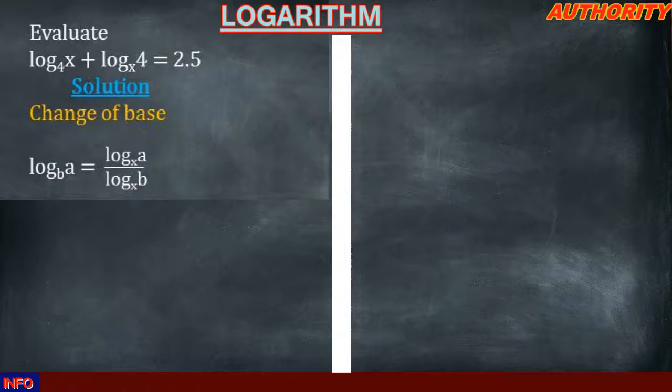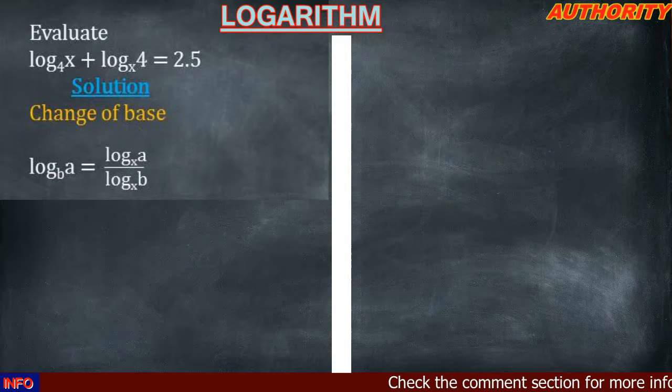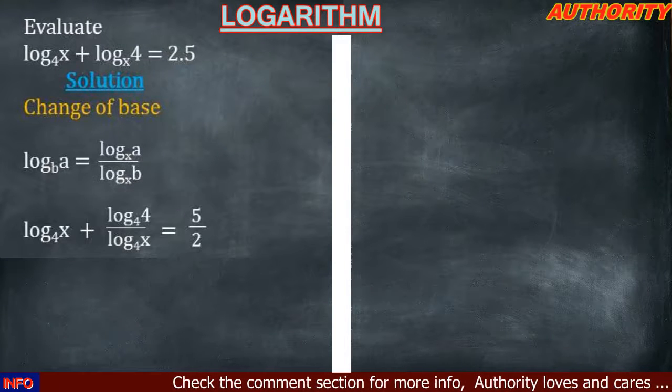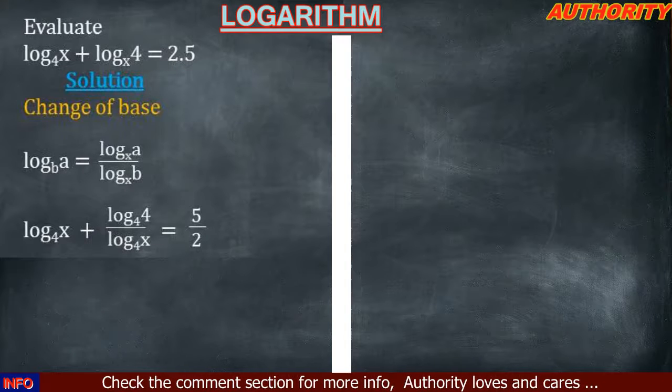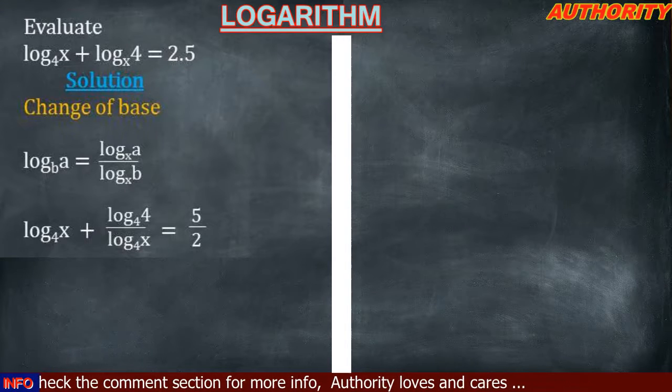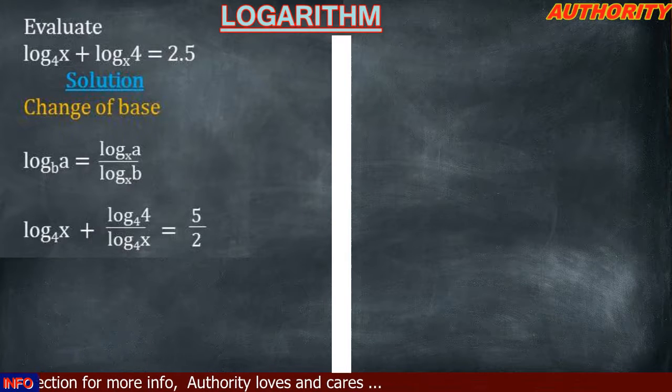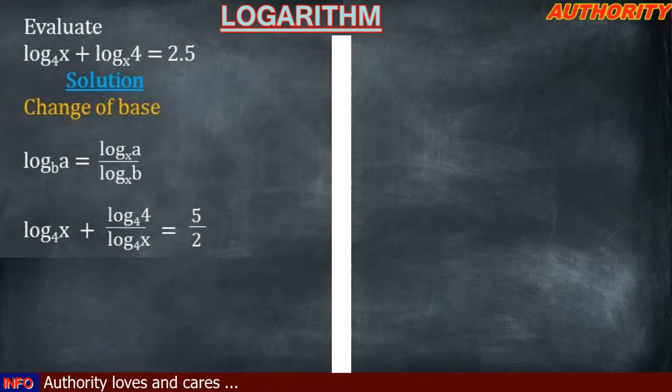In this expression, we are going to change this base to base 4. That means we are going to work on log 4 base x. We're going to change it to base 4. Okay, so that means we're going to have log x base 4 plus, now changing this log 4 base x, is going to give us log 4 base 4 all over log x base 4. All right, equal to,